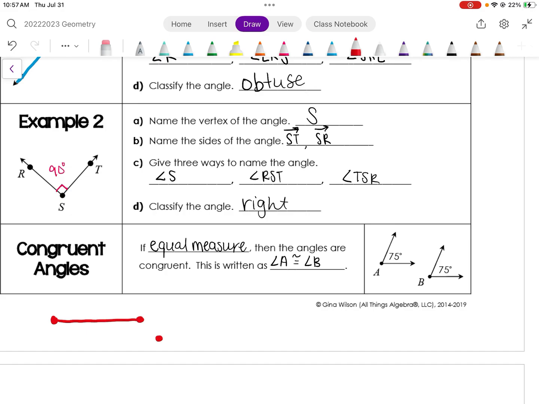and I'm marking them congruent, you put little tick marks. So these are segments that are congruent. If you have angles that are congruent, instead of tick marks, you put these little arcs. So if you ever see matching numbers of arcs,